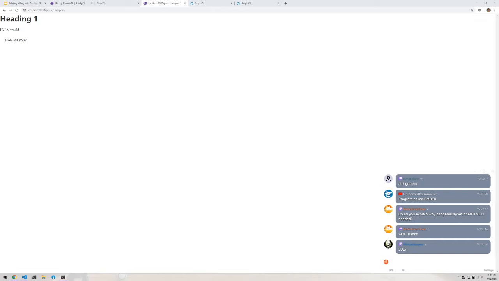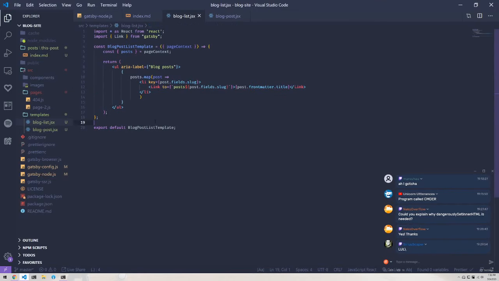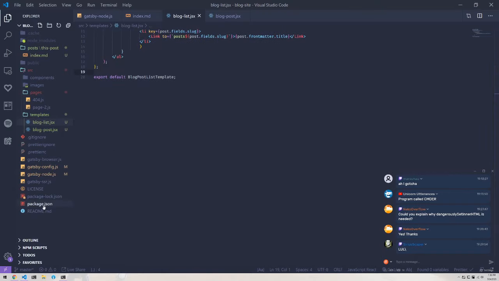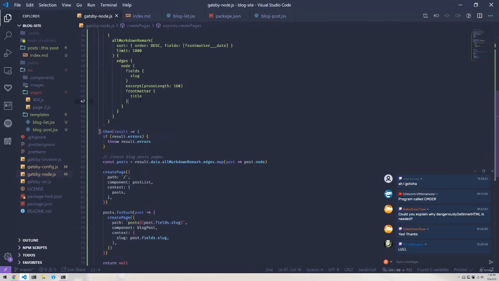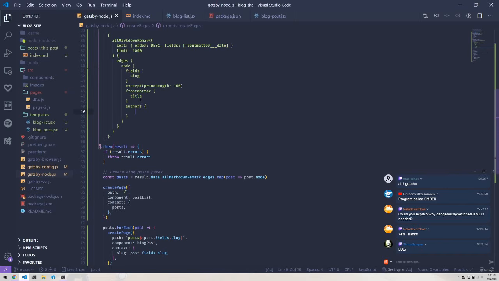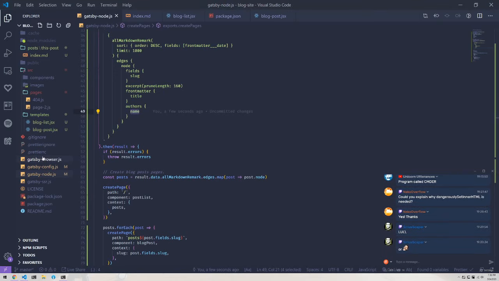Let's do multi-authors. Let's add authors and let's make it multi-author. Let's author it up. That's what I'm saying. All I had to do was add a package called gatsby-transformer-json. In my node, I'm going to define that I want to see the author's name. It's not what it is right now, but that's what I want it to be in the future. So you'll note that authors is an array of objects. Name is going to be one of those properties. So what I'm going to have to do,